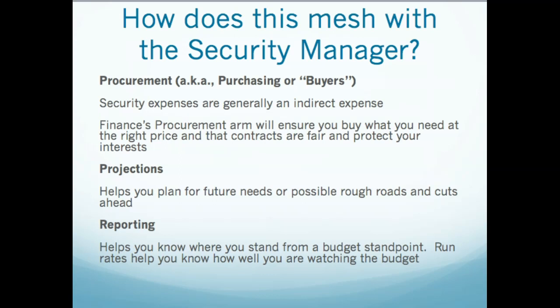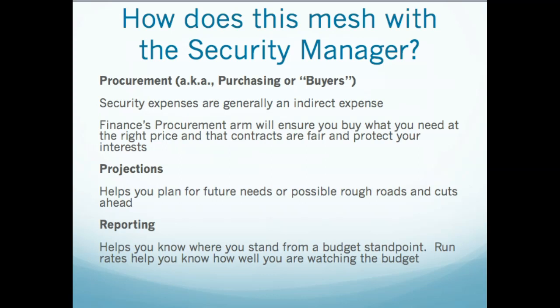So how does any of this impact you? Well, it impacts you in a lot of ways. I mean, one of the payables might be travel. And if you're like me, I usually have a travel bill of somewhere between $50,000 and $100,000 per year for plane fares and hotels and entertainment and the like. And that's relatively high, but if you look at the price of a ticket to the Far East, you're going $12,000 to $15,000 for a first class seat. So it adds up, right? Procurement is one of the major players in the security manager's life. You have to buy things.